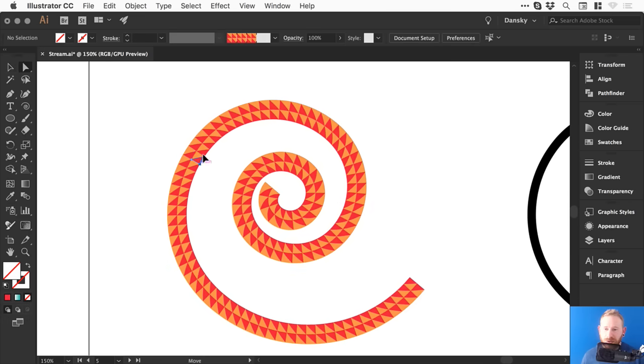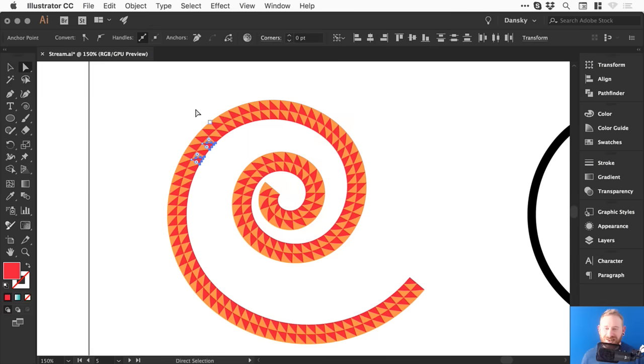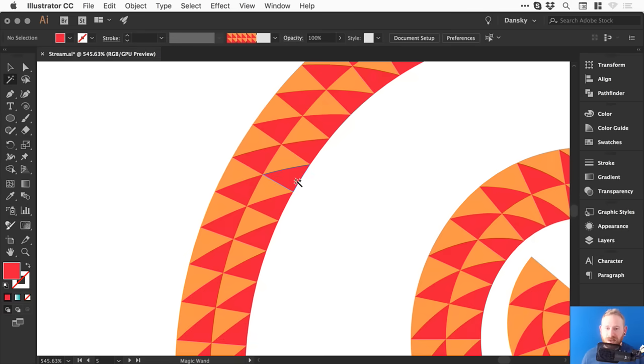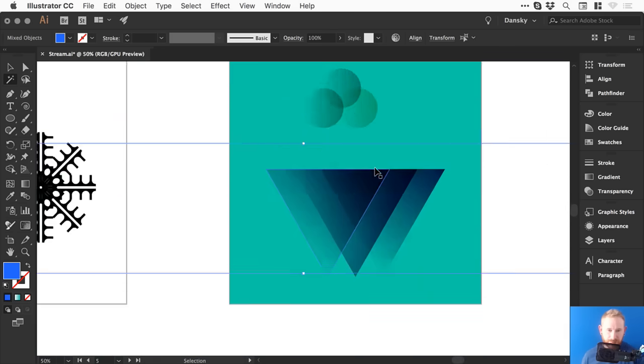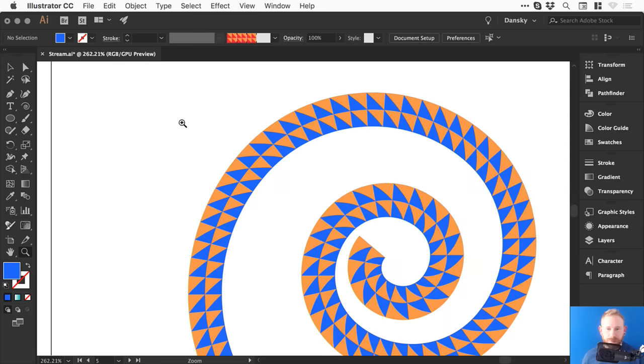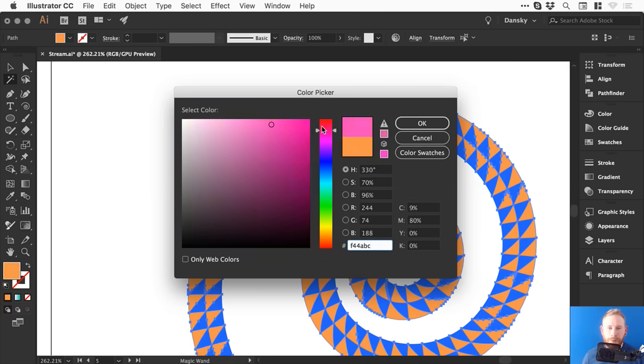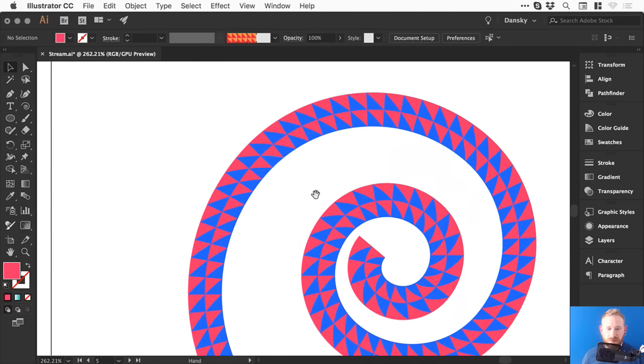And what we can do is we could manually go through and select all of these and change the color, but that's very tedious. I like to use the magic wand tool. Just click on the color you want. And hopefully, let's change it to a different color. We'll pick a different color here, or you can pick a swatch from the swatch panel. And we'll just magic wand this again so it selects every instance of that color within your document. And we'll go and pick a pink. And there we go. That's a really quick way